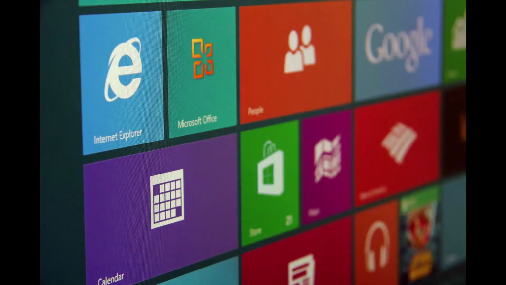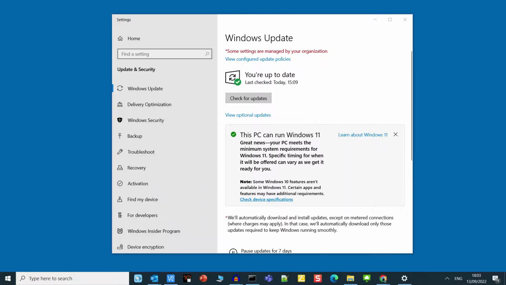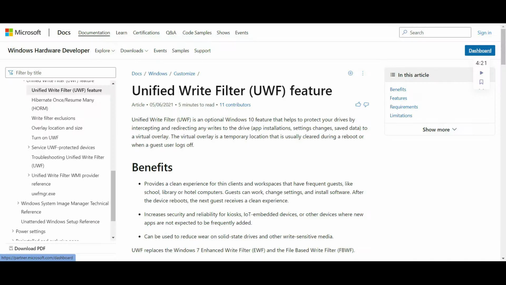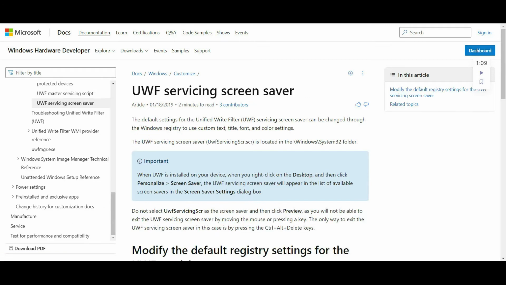I'm Jason Hudson from Tenzig Technology, and today we're going to be looking at keeping your Tenzig Windows 10 thin clients securely updated, focusing in particular on Windows updates and Microsoft's Unified Write Filter, otherwise known as the UWF. We'll show you how to set up the UWF to be able to manage bulk updates using servicing mode, and also how to apply individual ones using methods to unlock the local drives for update and then locking them again